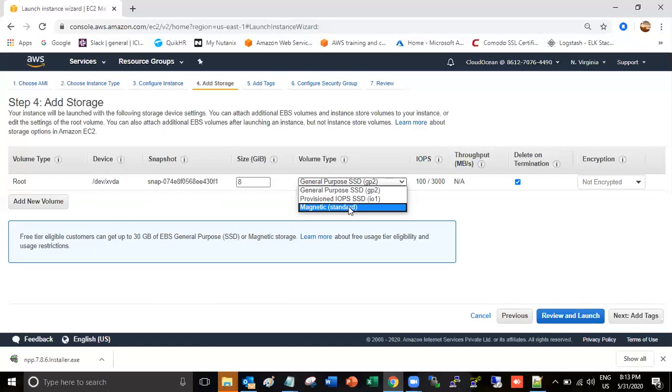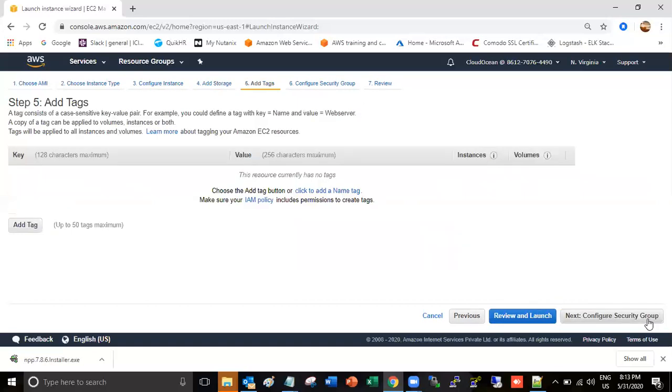Okay, so I'm going to choose magnetic for this testing purpose. If you want to increase your root volume size, you can increase it from here itself. As of now the default is 8 GB. If you want 100 GB, you can mention 100. As of now 8 GB is enough for me, so I'm going to enter 8 and click